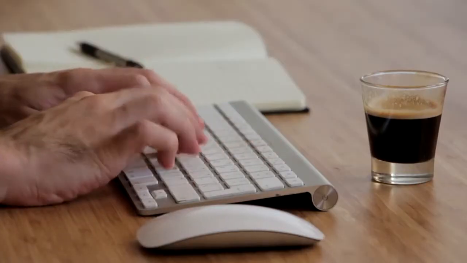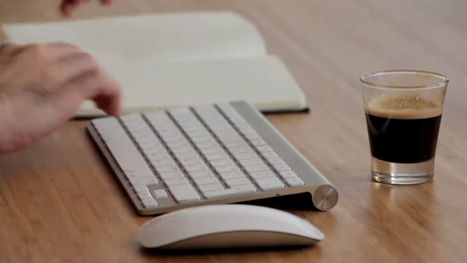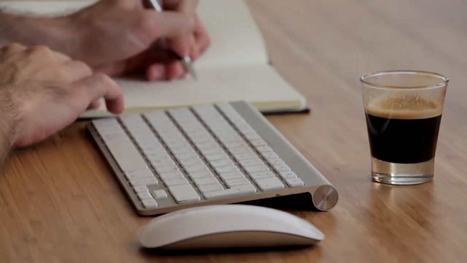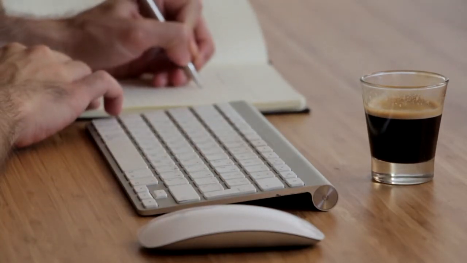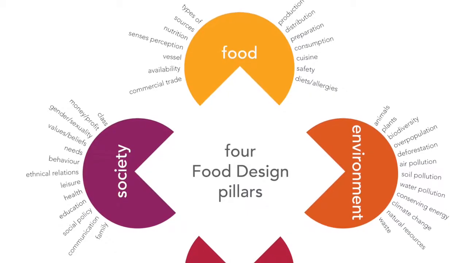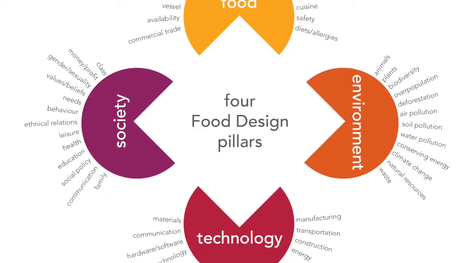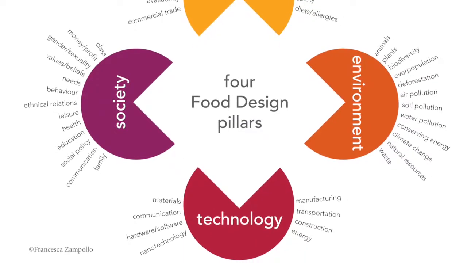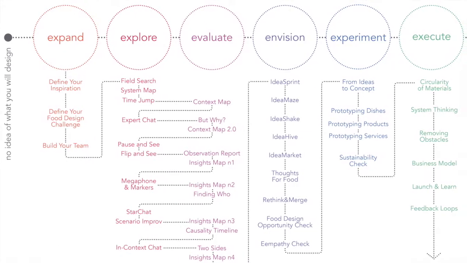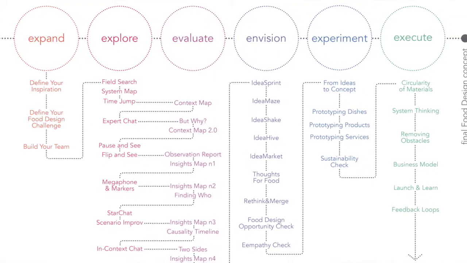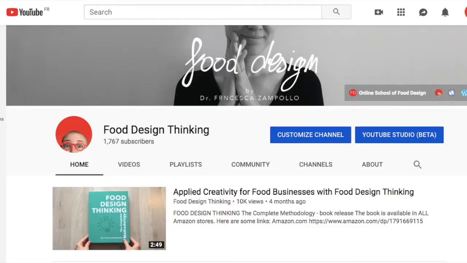The food design thinking process guides the food designer to expand the breadth and depth of her understanding on the food design context of interest. And it does this by using the 4 pillars of food design as a framework. This framework is used in most methods throughout the process, and I've also made a whole video about the 4